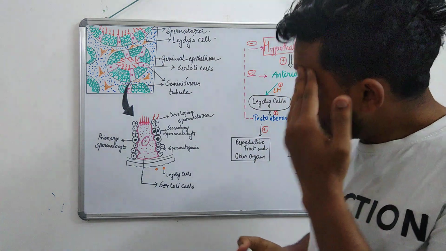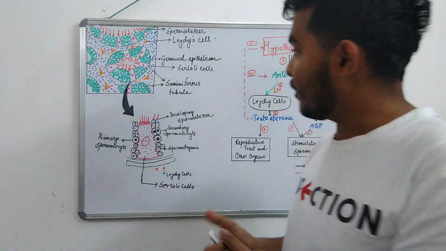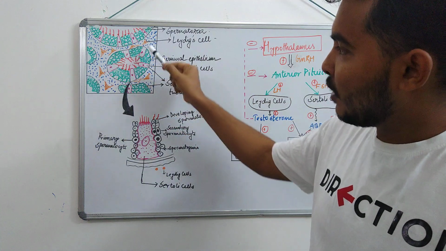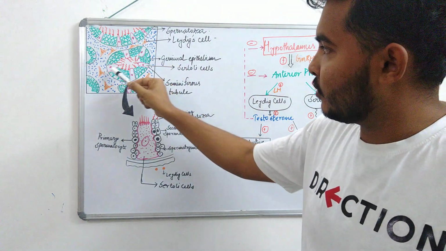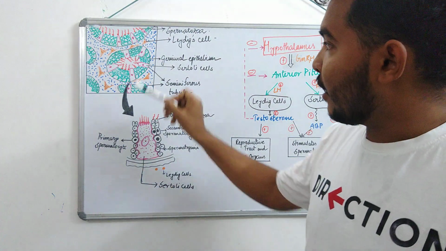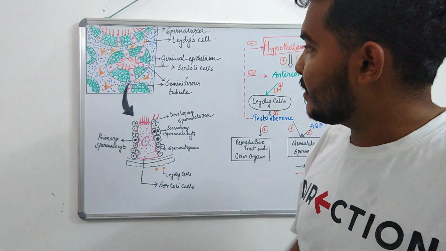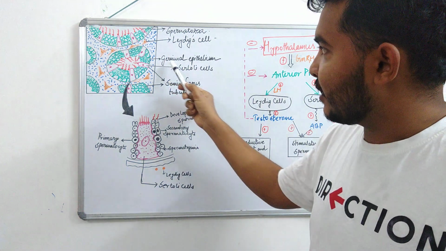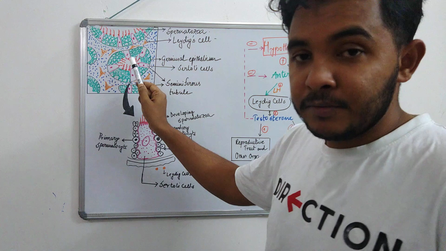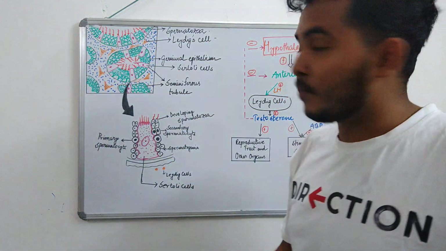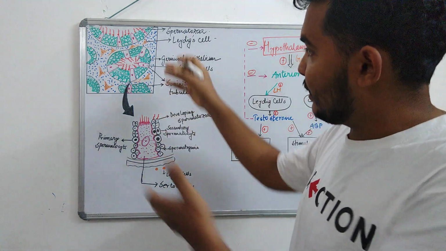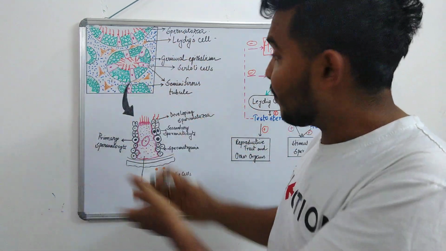So let's see. You can see these big tubular, long pink colored cells. They are called Sertoli cells. And you can see all these green cells; these are the germinal epithelium. And there are the sperms, the red colored sperms, which are the spermatozoa. They are developing. So I have taken out one more elaborated picture of the